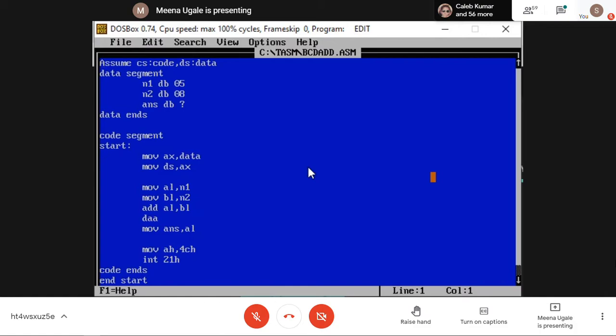Those who completed, for them the next program is: write a program for addition of two 16-bit BCD numbers. Consider two 16-bit numbers.